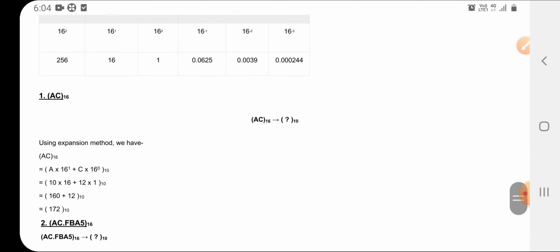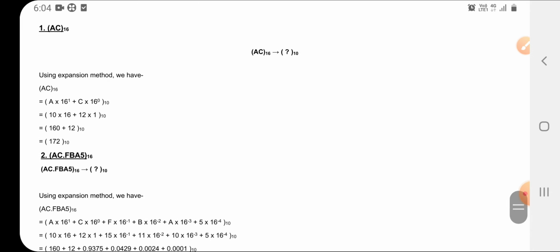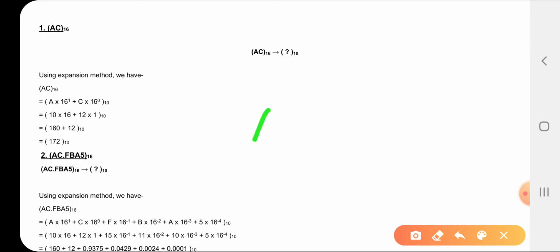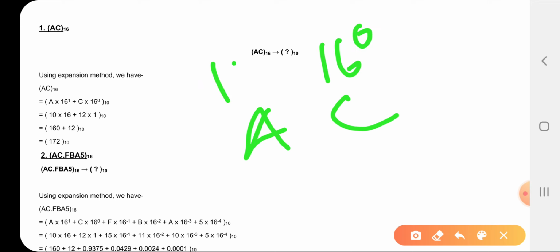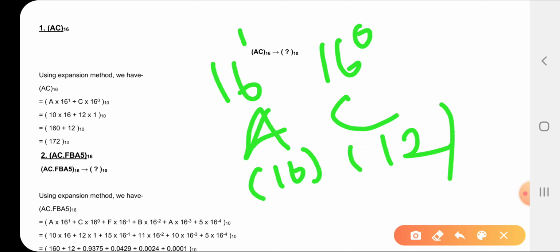then you can substitute. So AC, what is A? A in hexadecimal is equivalent to 10 and C in hexadecimal is equivalent to 12. Okay, so here you have only 2 digits, 16 power 0. What I told you: first you get any number, you write it separately and write the positional value, that is 16 power 0 and 16 power 1. Then you start to expand and write it. So A means 10 and C means 12.